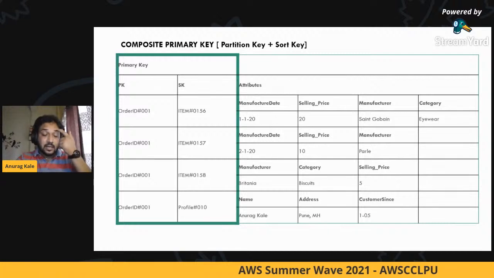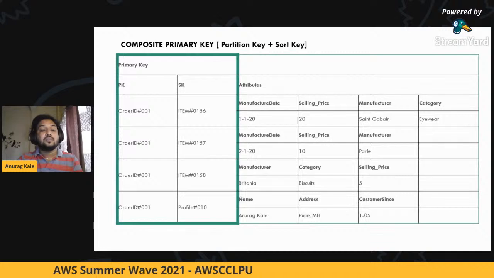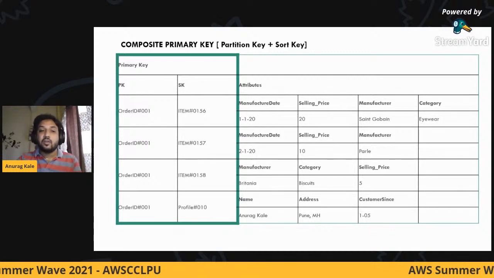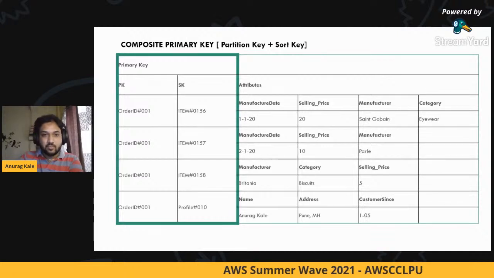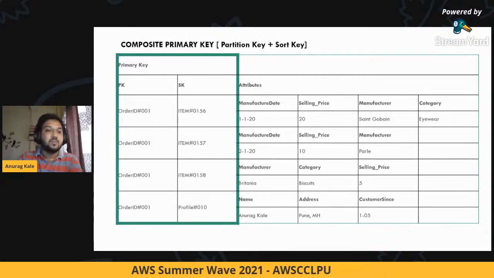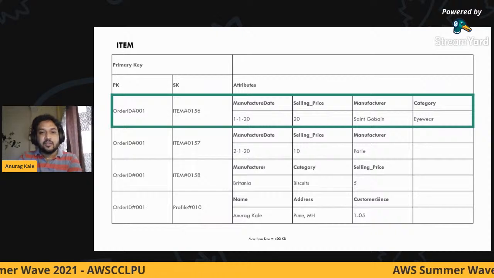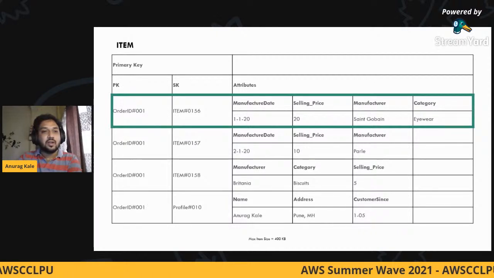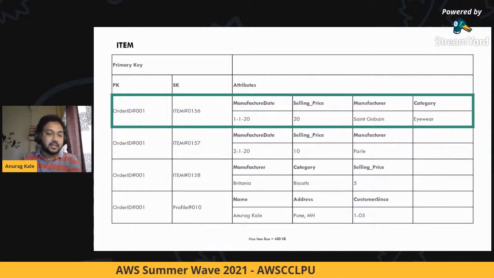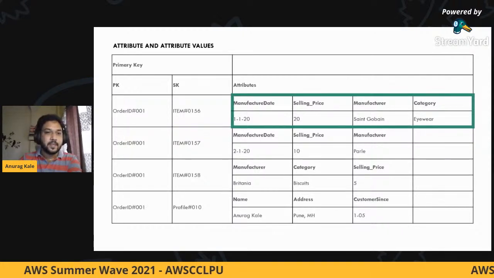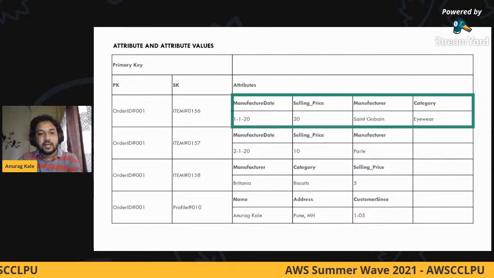So basically in SQL, or whenever you are using relational databases, you can do a where clause on any column, but in DynamoDB you can only do it using the sort key. This is a limitation of DynamoDB at this moment, or that is how DynamoDB basically works. Each entry that you make in DynamoDB is called an item, and the equivalent of that in relational databases is a row. And we already talked about attributes and attribute values, right?